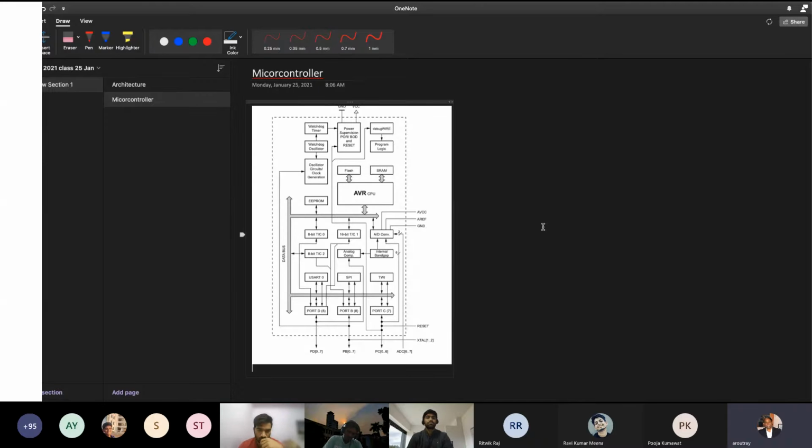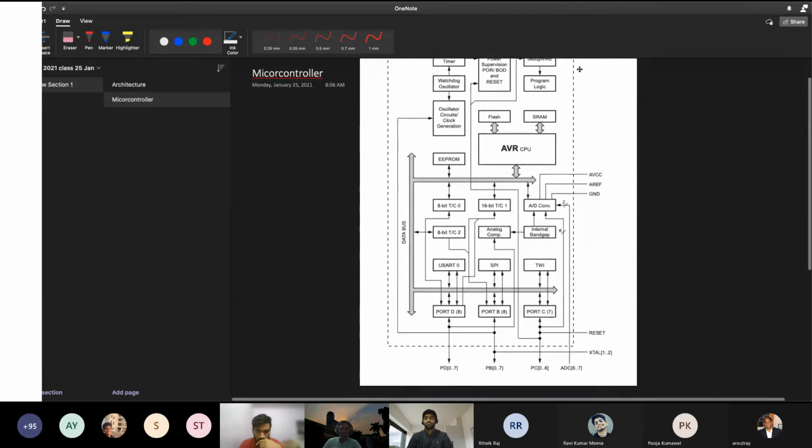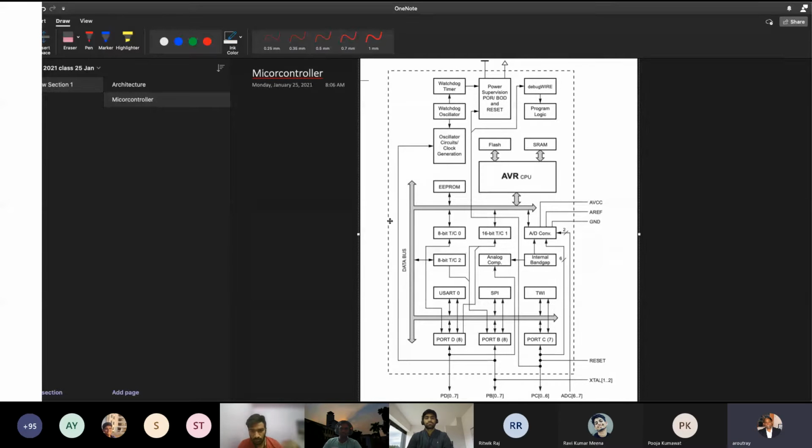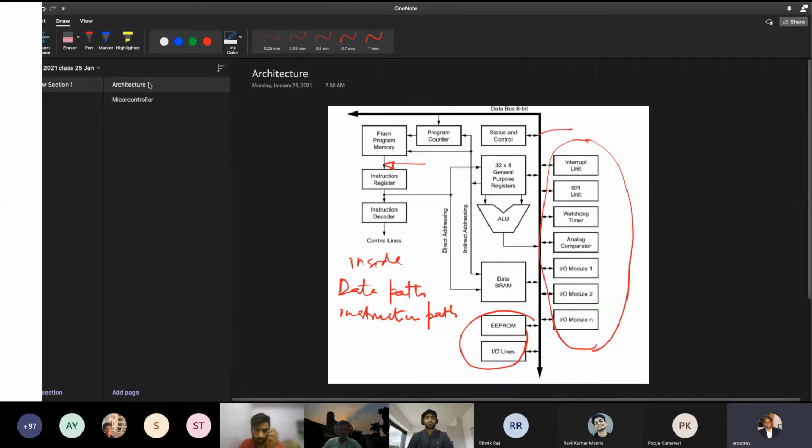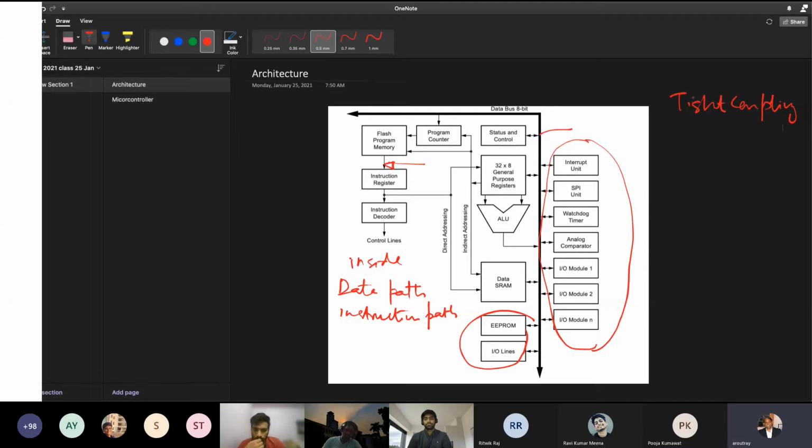So out of them, you can see this is the CPU and these are the things which are outside. Okay, so remember each of the units other than the memory is tightly coupled. The memory, so there is something called tight coupling. So that is fast data transfer.